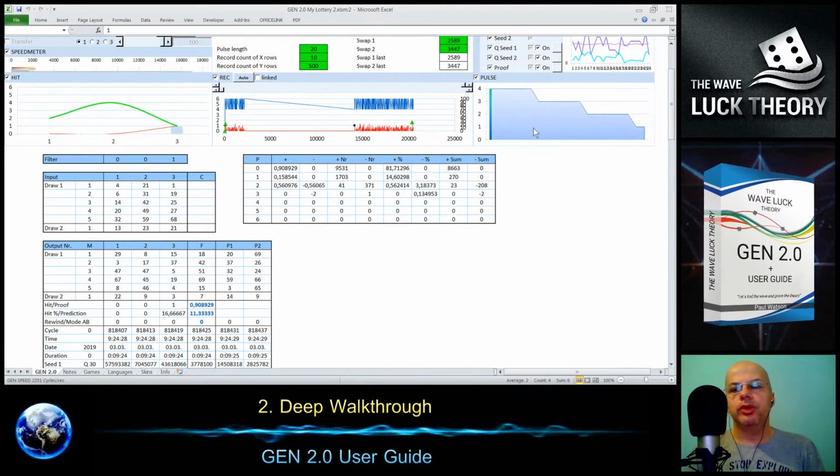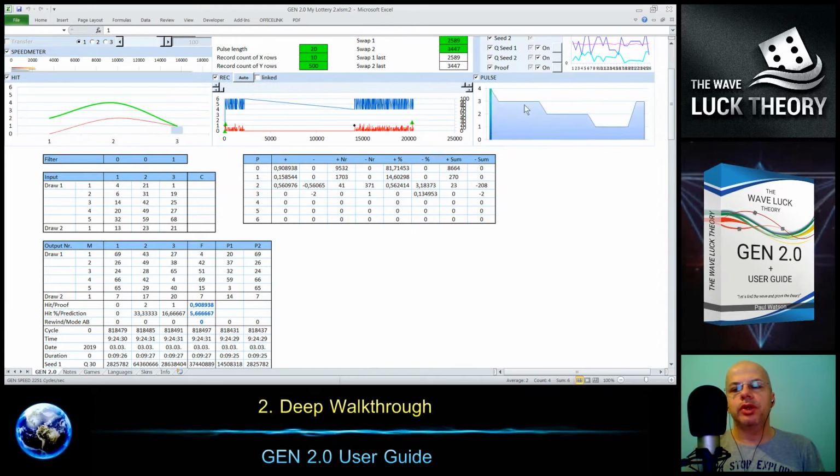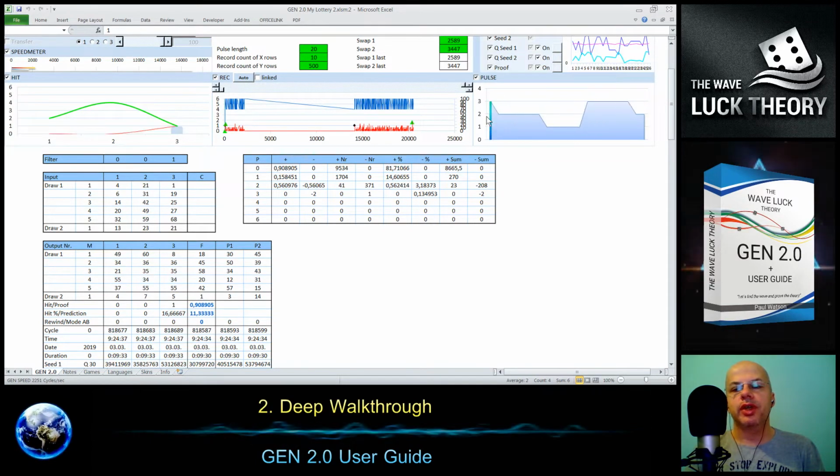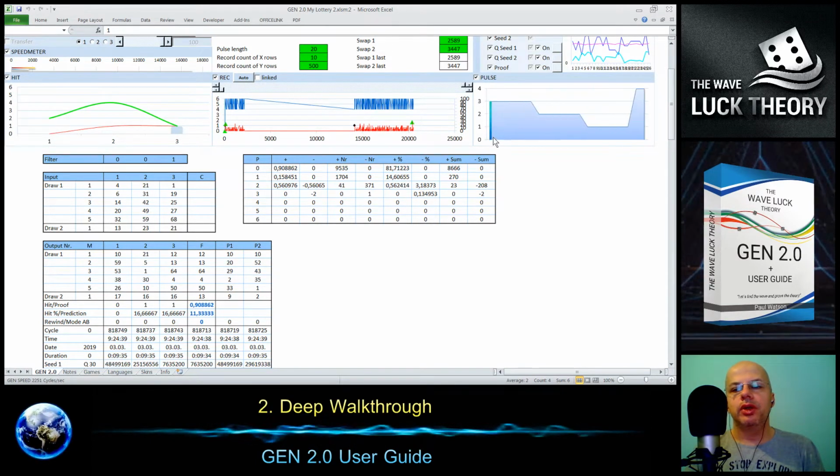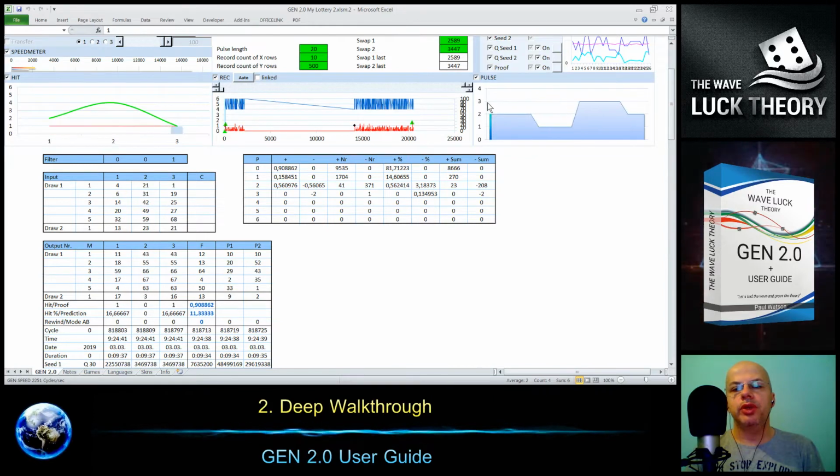So then you see the pulsation cannot get over the filter, and sometimes the pulsation can be only between the first and second draw. Now we got only to the third draw, but we did not get to the fourth draw. Sometimes we get there, sometimes not, and it corresponds to how often we pass the filter setting or not.